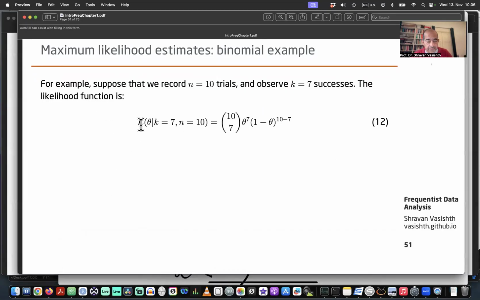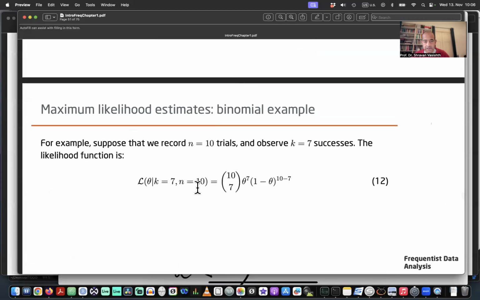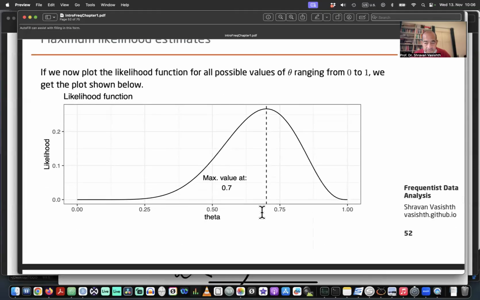We will have the function being the probability mass function, but written as a function of theta. So we'll write curly L, and then theta is the variable of interest now, and k and n are known, and therefore you can see that the function actually only depends on theta now. So graphically, in this particular case, when n is 10 and the number of successes is 7, what you will notice is that the maximum point in this likelihood function,